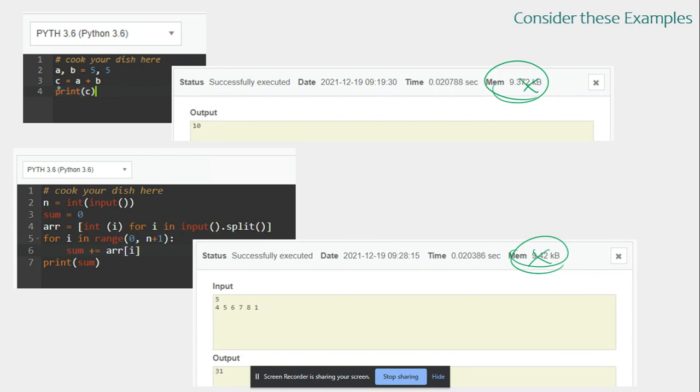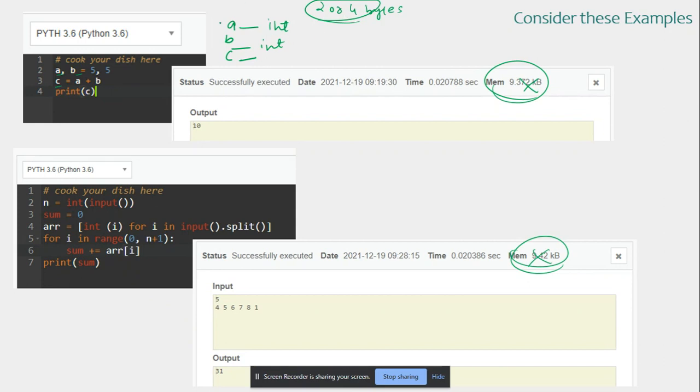Here, how you analyze it is by considering the number of variables you're using in your program. As you can see, in this program we have three variables: a, b, and the sum c, and all these are ints, right? And we consider that an int takes 2 or 4 bytes of memory.